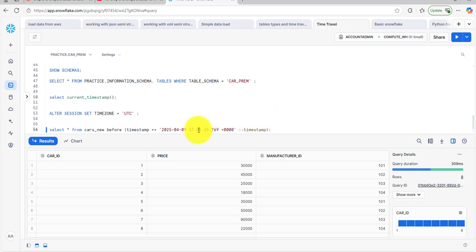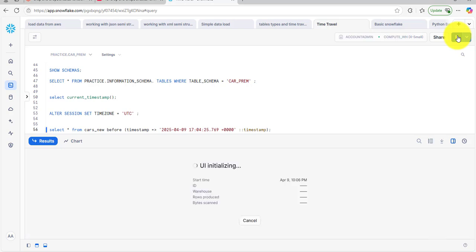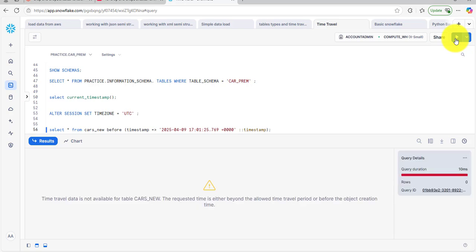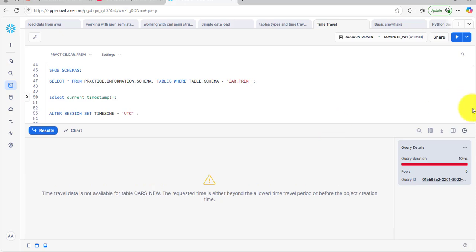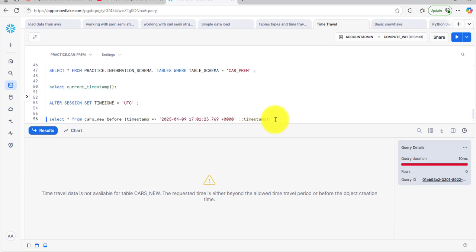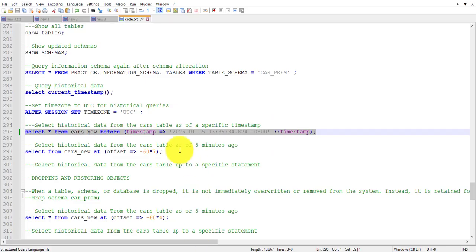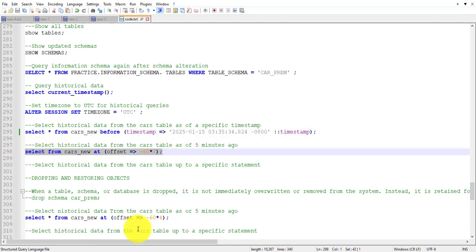If I change the time to 4, it displays a result of 1, because I had not inserted data into this table at that time. We can select historical data from the cars table as of 5 minutes ago using this command.